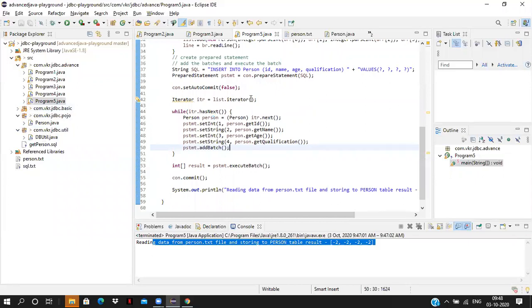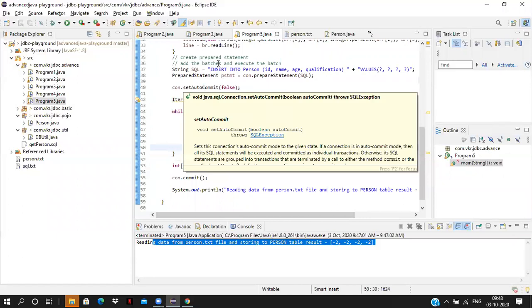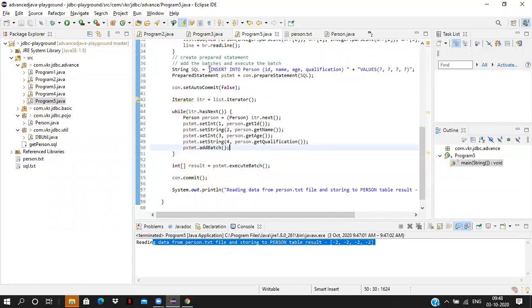Now if you want to use the statement object here, we have to create these insert queries dynamically. So here we need to change the values. Instead of that, whenever we are adding the batches, whenever we are executing the commands, if we want to dynamically add the values to the SQL query, we can achieve this using the prepared statement.